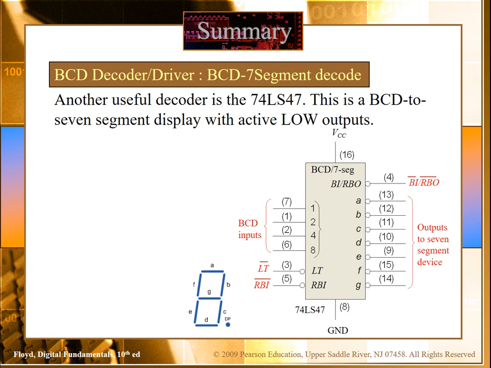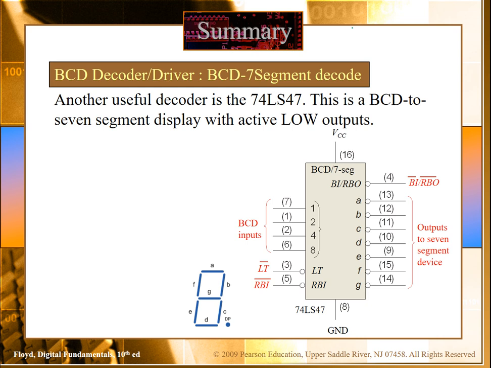Another kind of popular decoder is BCD to 7 segment. We use 7 segment displays. You remember it could look like this one. For digital boards and different digital display applications, we use LED 7 segment displays. The 7 segment display takes 4-bit binary coded inputs.